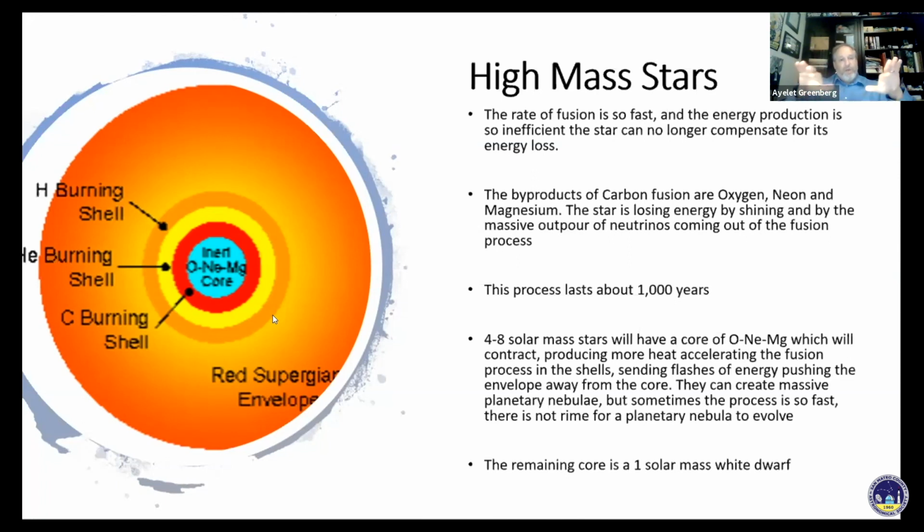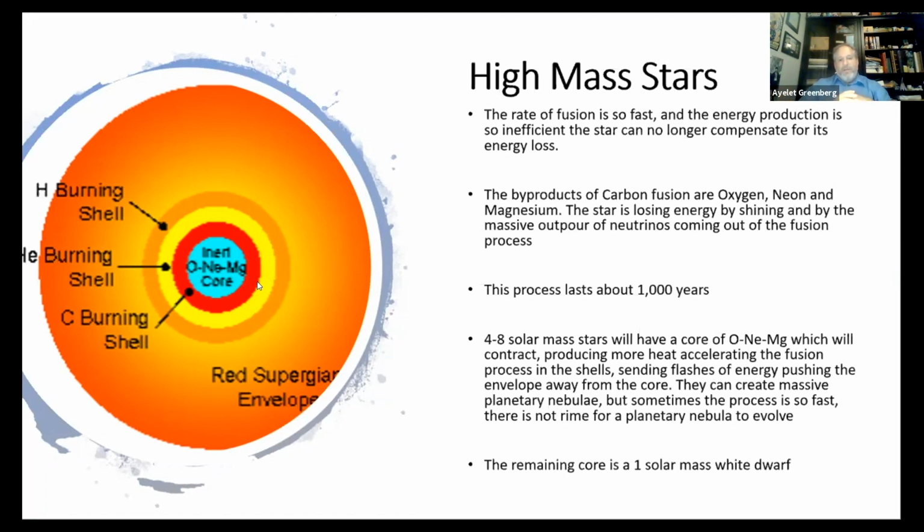That temperature is driving the nuclear fusion around it crazy, sending out flashes. They're going to push away that envelope, and it really depends on how big the star is. It could produce a very large planetary nebula, but in some cases, the process is so fast and so violent, it doesn't leave anything. It just pushes all those gases away, and they don't remain close enough to the star to create that beautiful